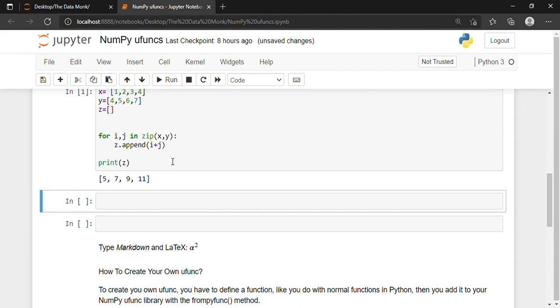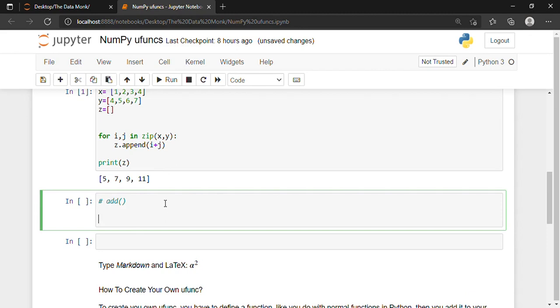But with ufuncs, the universal functions, we can use the add function. How can we do that? First we will have to import numpy, because we are dealing with arrays and we are using a universal function, which is a part of numpy. So import numpy as np. That is why numpy is a very powerful library, because it has many facilities, for example universal functions.